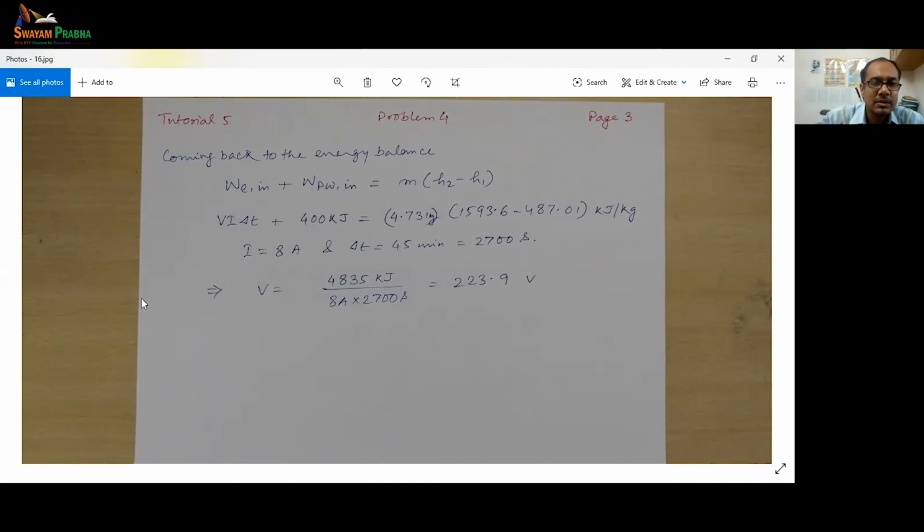Whenever a problem is given, it is more often than not very close to a real problem, and that is why the numbers it gives as answers will also be very close to reality. That is why it is important to note what number you are getting and whether it makes sense or not. So that's the end of the fourth problem.